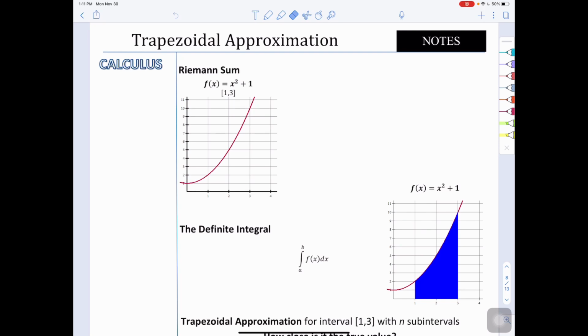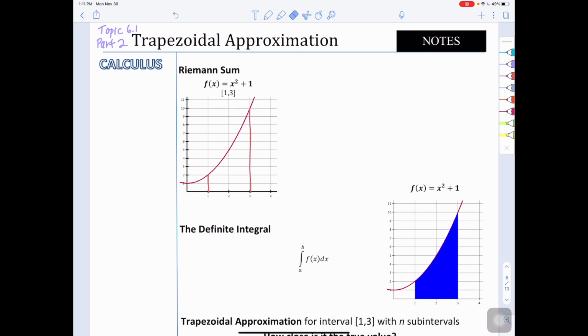This is topic 6.1, part 2, and this is trapezoidal approximation of area under the curve. What we have already covered is rectangular approximations. So if we just take a look at what we've already covered, the area under the curve from 1 to